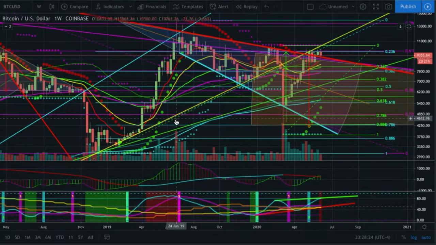But once again, we retested, we broke down from the yellow parabolic trend line, found support on the green, retested the yellow, and just like I just showed you on the S&P 500, what's the most likely thing to happen? We're going to sell back off and come back down here and most likely test that 382. So here we are, 71.50 is my next main target to the downside.